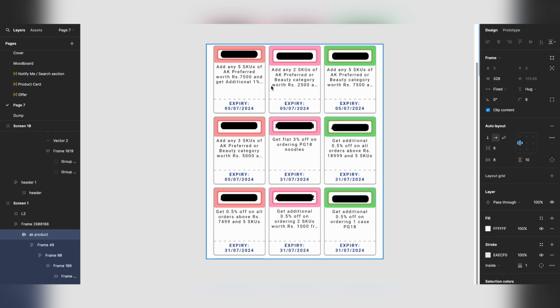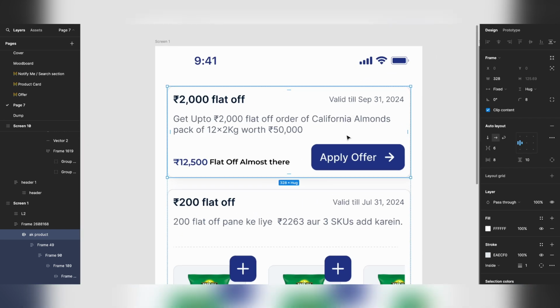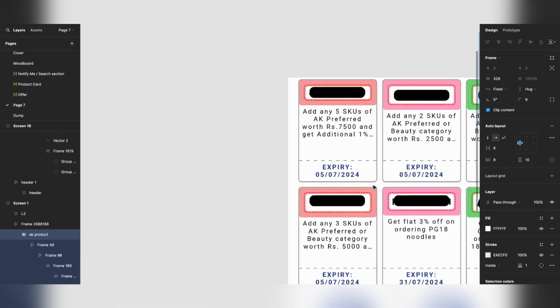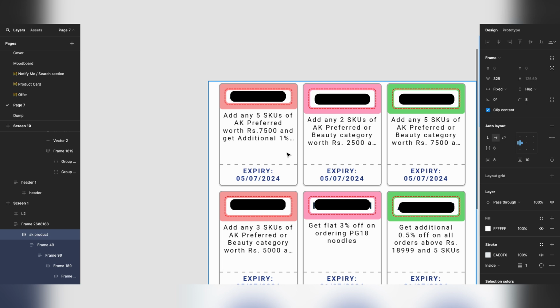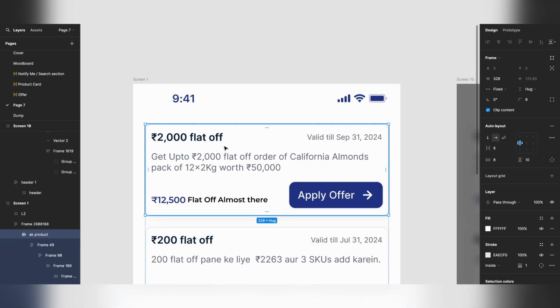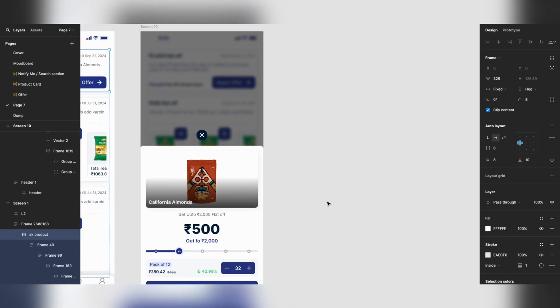These are the offer cards, providing users a statement like adding 2 SKU, AK preferred, with some amount and expiry date mentioned like this. I converted this complete one-page screen to look like our offer should look like this. And directly here you can see there is no action button to apply this offer to the user's cart. So in this card, the user can directly click on apply offer, and he gets the flexibility of visualizing his